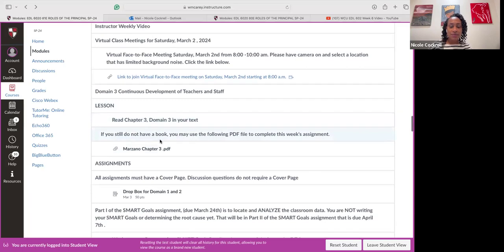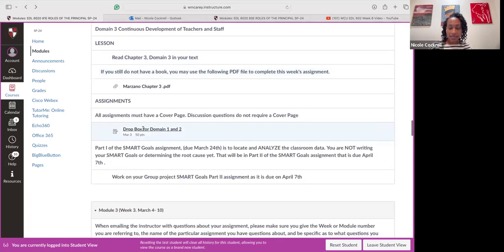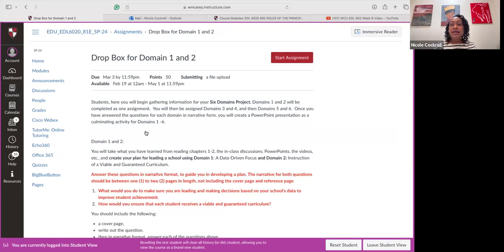But for your assignment, let me find the Dropbox. Again, anytime there is a need for an assignment to be added or for you to drop it in, you will go to the Dropbox for that assignment, okay? And so Dropbox for domain 1 and 2. This assignment is due this next Sunday, March 3rd.